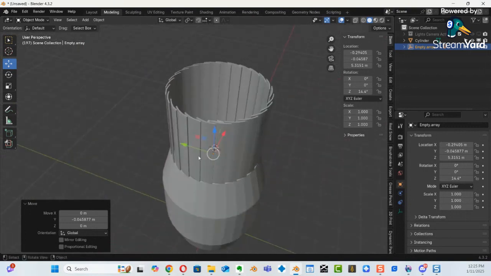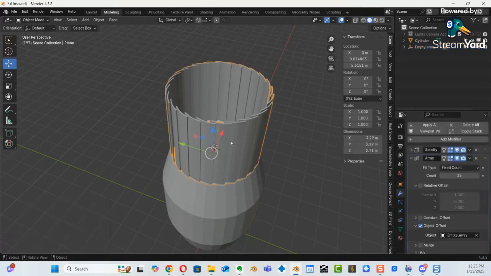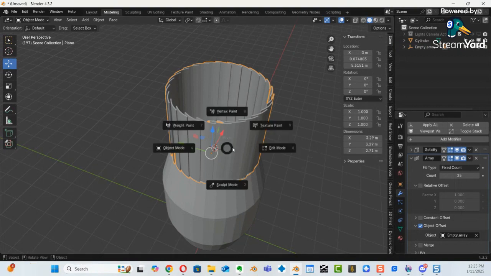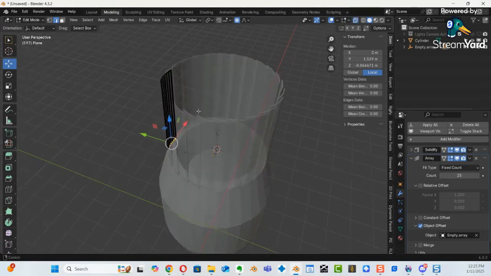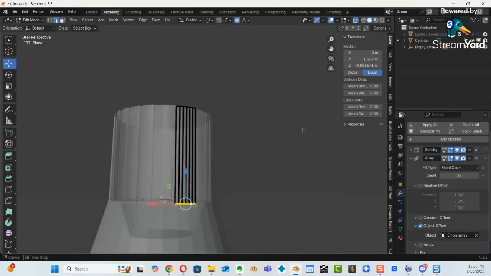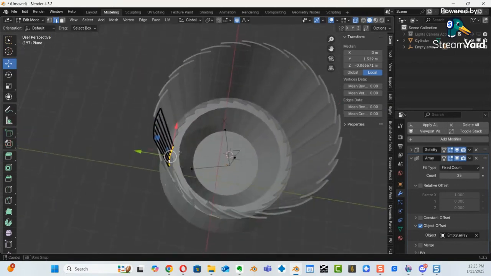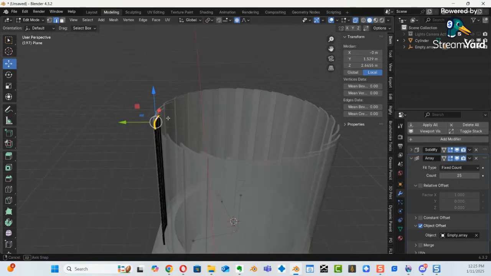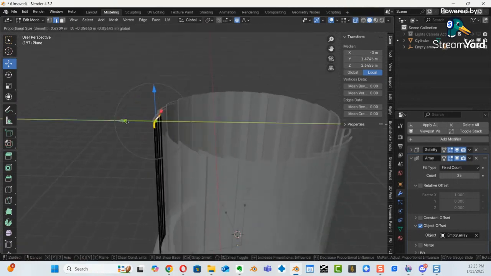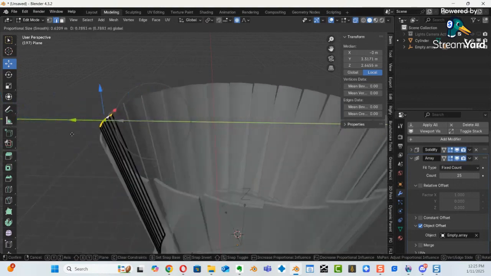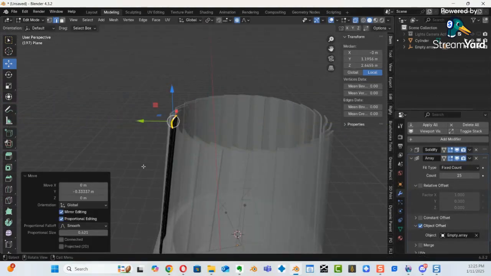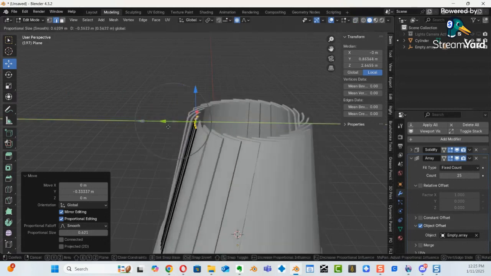All right, this is where it gets fun. So let me select this piece here. And let's go into edit mode. Let's go to tab key and go into edit mode. Hit the X-ray view. We can see all of this is just a single panel. Let's go grab the edge. And if we move this, see what we're doing? So if I get it out of X-ray mode now,